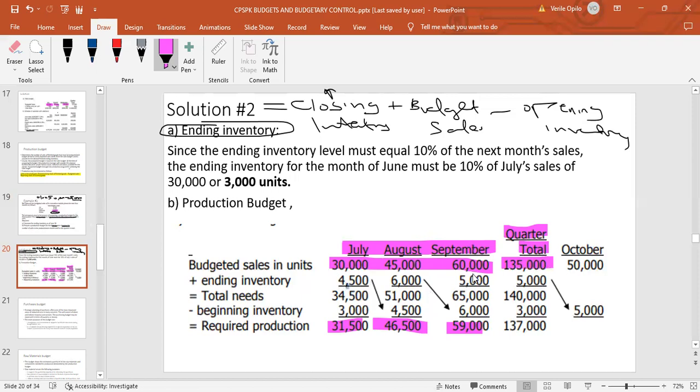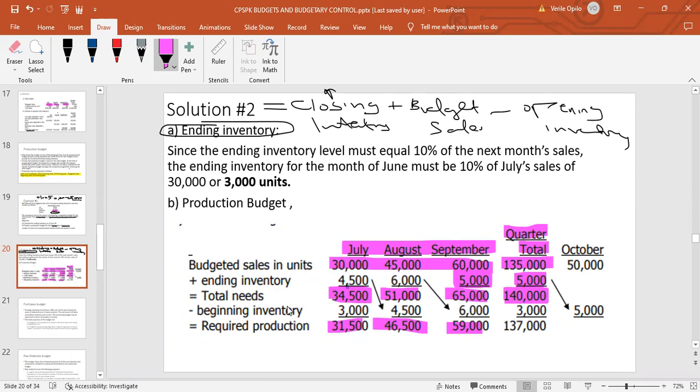The ending inventory for the third quarter is going to be what is left after the end of the quarter, which is September. So in this case, we're going to have 5,000. Now the total inventory needs: we just add what was there in the given months. The total needs for July was 34,000, then 51,000, plus 65,000, to give us total needs equal to